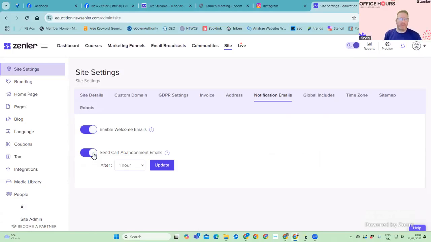You know, we're not talking 90% or anything like that, but you get a good percentage of people who, when you send that email, do come back and complete, because it's a genuine reason why they've not completed the transaction. So think about adding those on. So they are in, we go to site settings, and then we go along the top here and we click notification